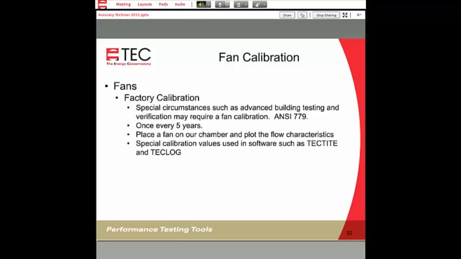The Army Corps has a strict adherence to ANSI 779, and in that particular standard, the fan must be calibrated once every 5 years. What we basically do is take the fan, place it on our chamber, and I'll show you the chamber in a minute, and then determine all of the flow values over the entire range of the fan. Those can then be used as special calibration numbers entered into either TechTite or TechLog.